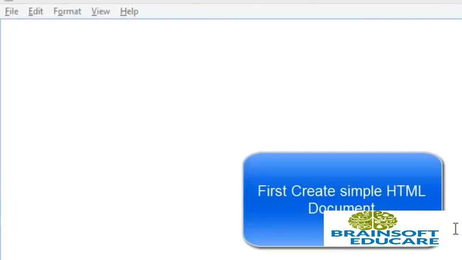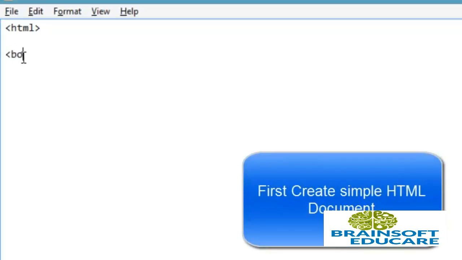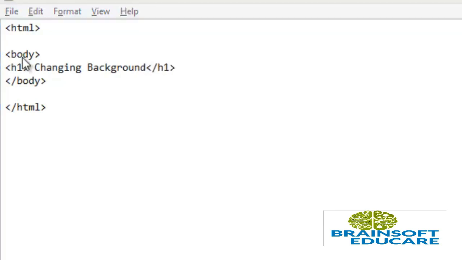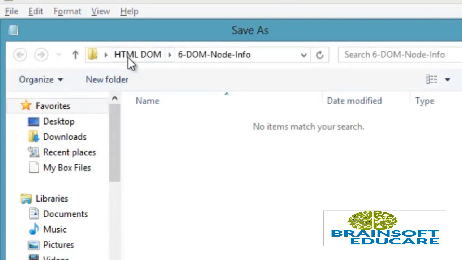So let's first create one document. So let's create the body tag and close the body tag, close the HTML tag. In the body tag I am just writing a simple h1 tag for showing the purpose of this document. Closing the h1 tag. Now save this document